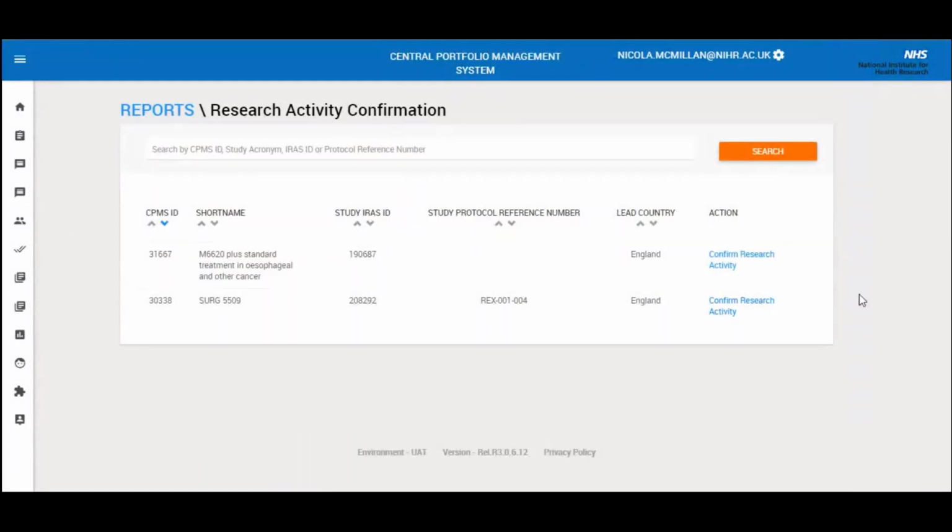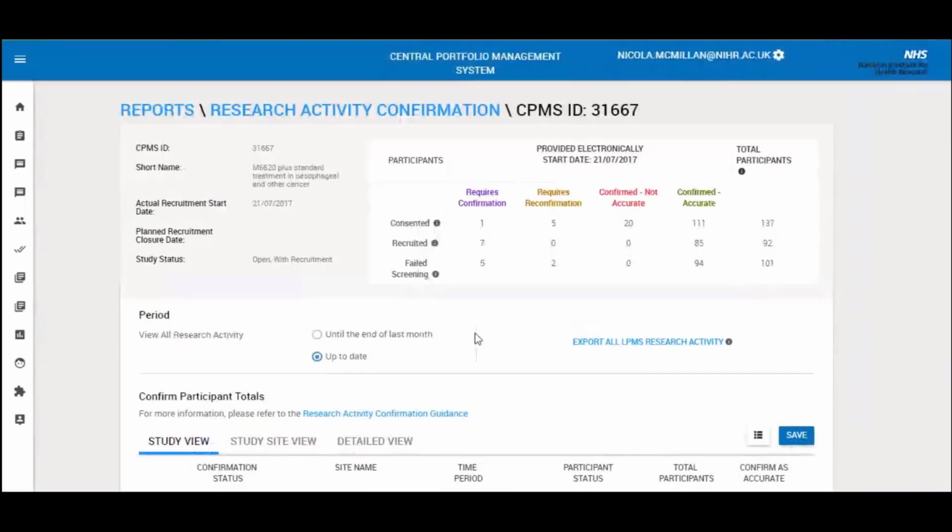So at the moment we just have a couple of studies in our user test system here that have data attached to them. I'm just going to show you one just as a demonstration. So when study teams go into the research activity confirmation page for their study, the first thing that they'll see is a CPMS ID. They'll have some information about their study. This one doesn't have a planned recruitment closure date. I think I just chose one that was in setup or was in draft,